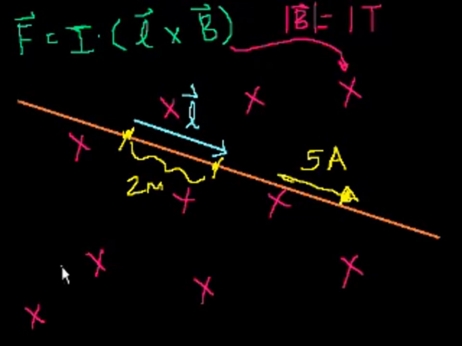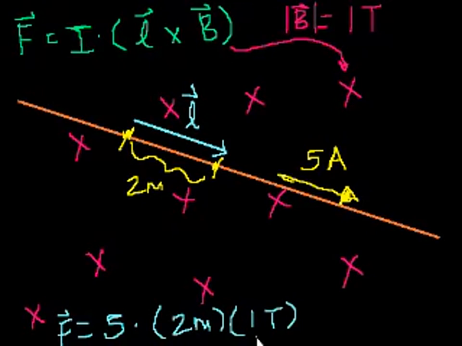So what's this going to be equal to? So the force is going to be equal to, we're using all SI units, so we don't have to convert anything, 5 amperes times 2 meters in that direction. I won't specify it right now. We can just say that's the magnitude of L. Actually, let me write it. Well, 2 meters times the magnetic field,